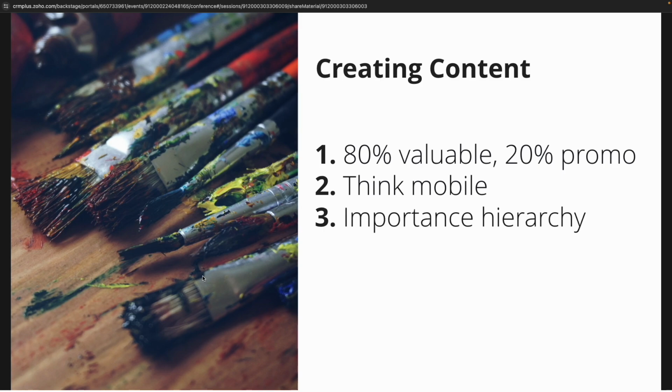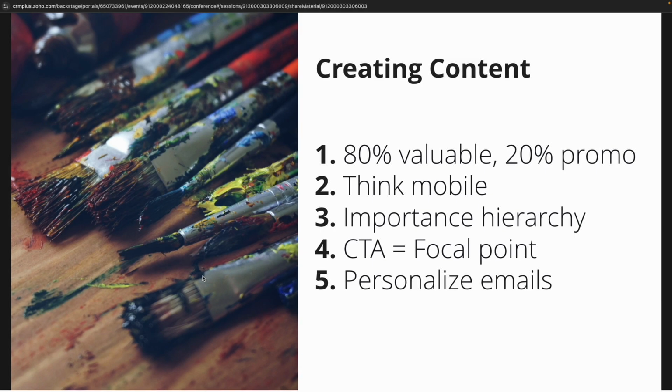As far as content, 80% valuable, 20% promo, think mobile, the importance of hierarchy. When we say hierarchy, making sure that the most important things are at the top of the email, making sure there's a really clean and simple focal point or call to action, something that we're trying to drive the recipient to do. If we have 5 competing calls to action, if we're trying to get people to update their billing information and their phone number and their favorite color, what do you want me to do? Like, I have to click all these? I mean, what, right? So trying to break things down and make it very manageable for people, and having one clear action that you want people to do is always helpful.